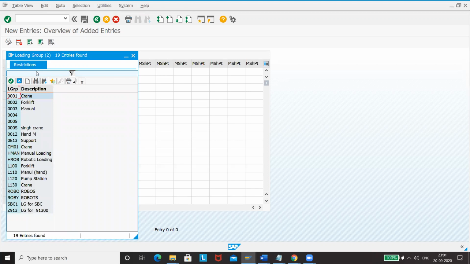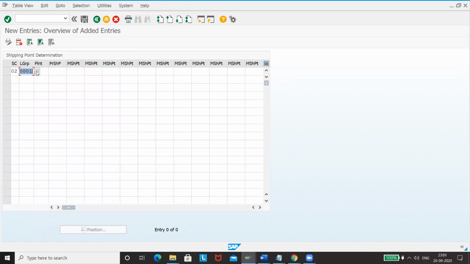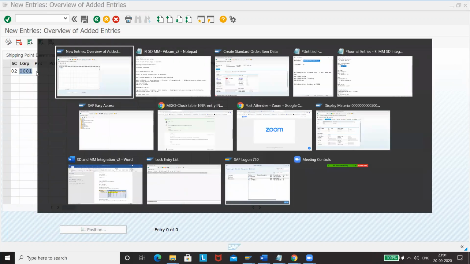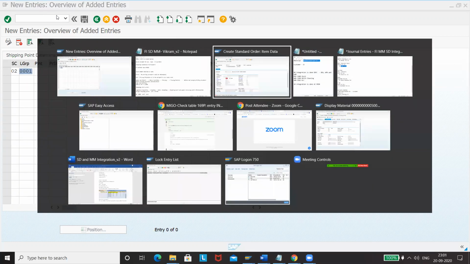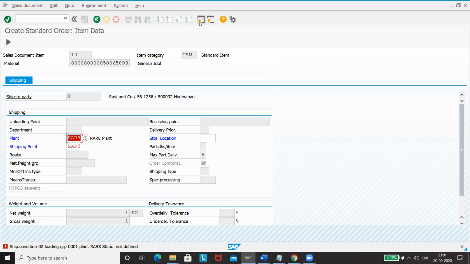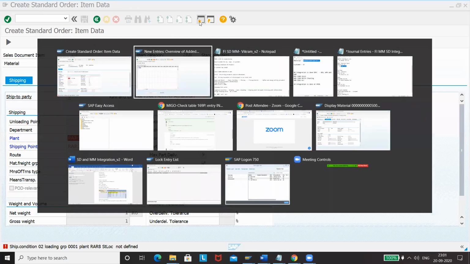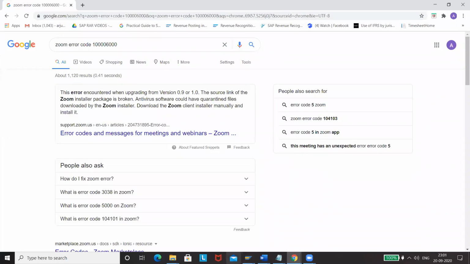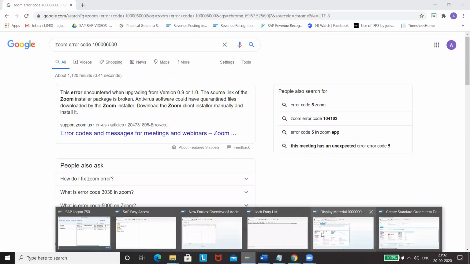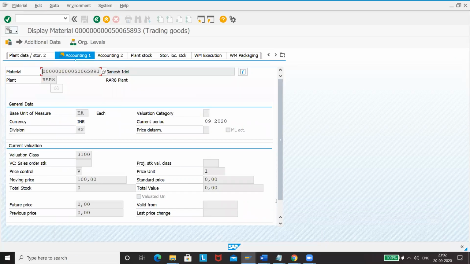I'll show you where we maintain loading group. It is maintained in customer master data. If you don't recollect, you can go back here and see. I have so many sessions open. Yeah, we'll use this one.